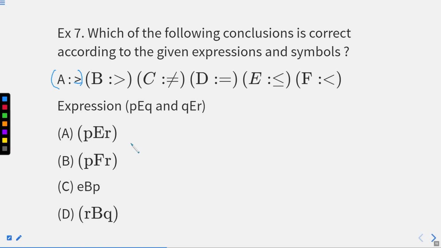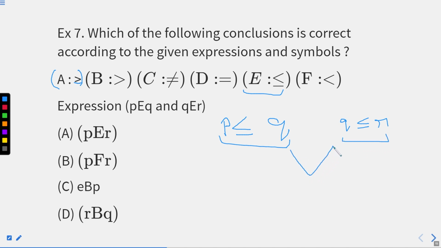So, how to proceed with this question? I'll explain. Write P, right? In the place of E, you can write this expression, that is less than or equal to Q. I hope there is no problem in this first part, right? For the second part, we have Q. Again, we are using E here, that is less than or equal to R. But you can see that P is less than or equal to Q and Q is less than or equal to R. If we compare both of them, what we are getting is that P is less than or equal to R.